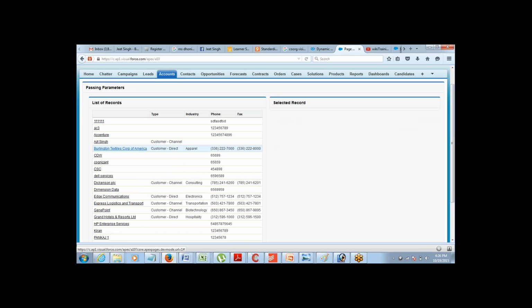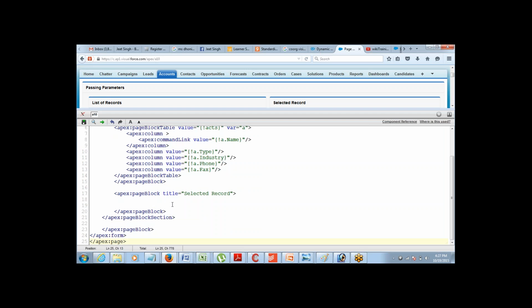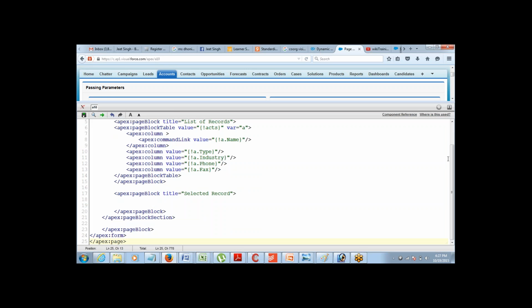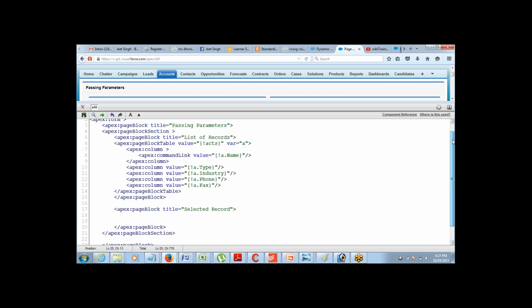So what do I need to do here with the link? When someone clicks on the link, all that I have to do is take the ID of that particular record and pass it on to the right hand side. That's my job. To do that, I just have to